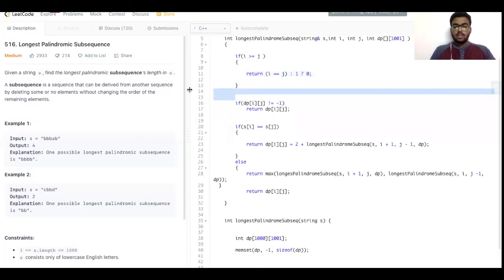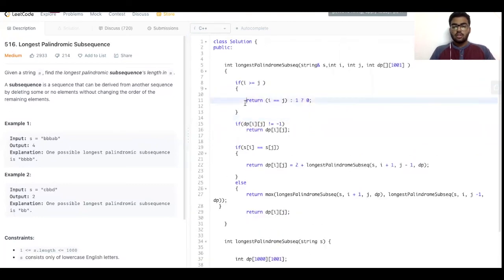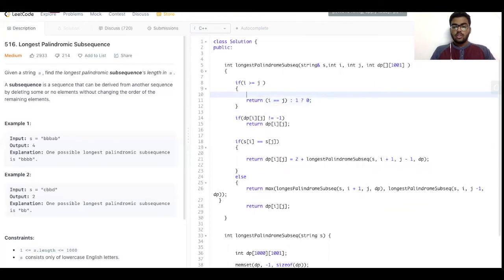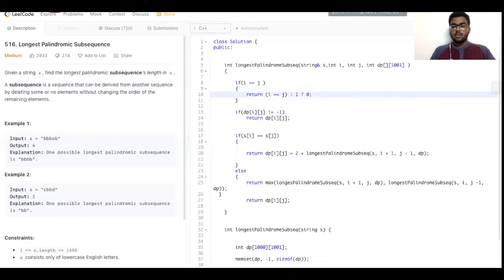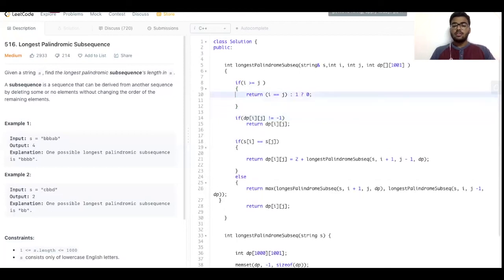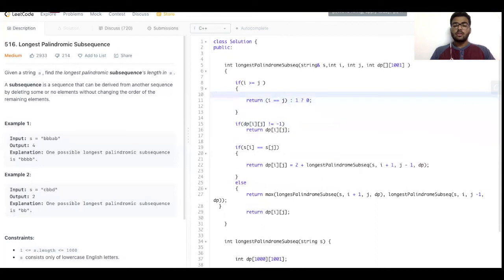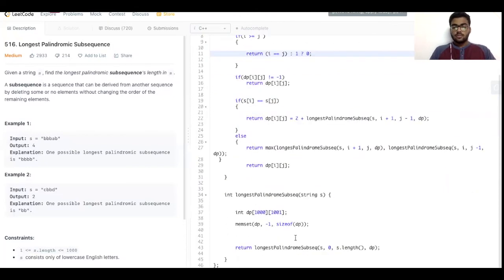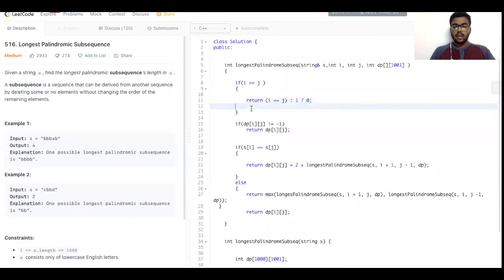So this would be the base condition which will solve the problem of a string which is empty and needs to be considered as a palindrome. Or maybe if a particular string is selected, and it is the only string which is making the palindrome. You might have heard about the odd and even palindrome. So this one string would basically be making it an odd palindrome. So that's the main idea behind why we are doing a ternary operator here. So let's run the code to see if this is working.